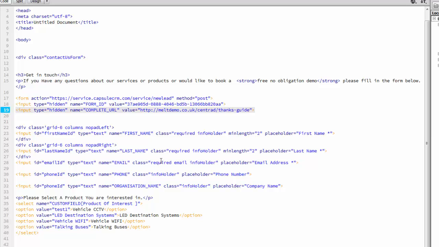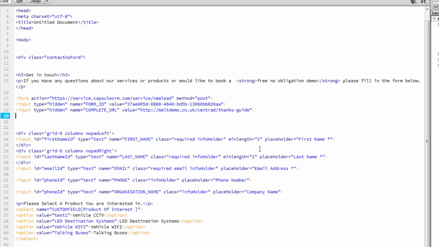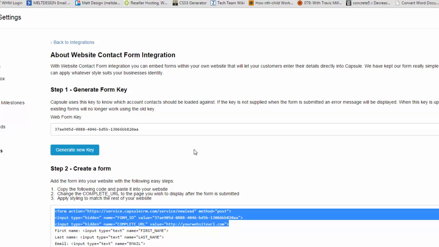for when it's submitted, where it's going to go. So the thank you page if it's a form download, and then what we need to do now is add a hidden field. I'm just going to add these, and I'll jump back to these in a sec. I'll show you what I'm doing. So I've added this in, and then if we jump back to